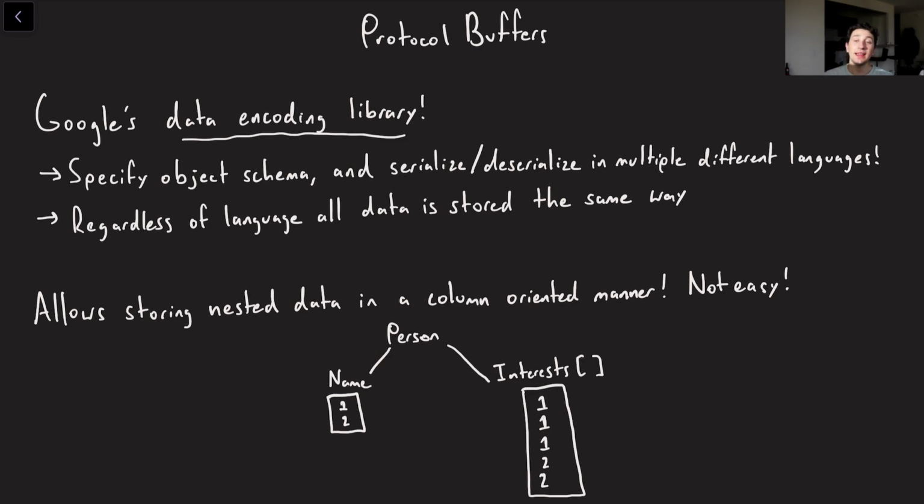And in addition, in this case, Dremel actually makes it so that you can go ahead and use protocol buffers to define a schema and then actually store that data in a column-oriented format. Now, this itself would be somewhat trivial, but the interesting thing with protocol buffers is that they allow both nested fields and they allow repeated fields.